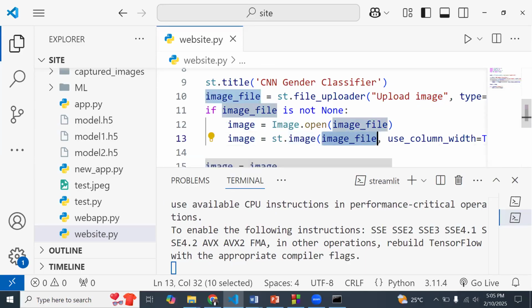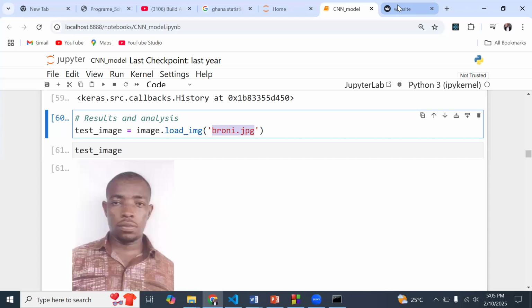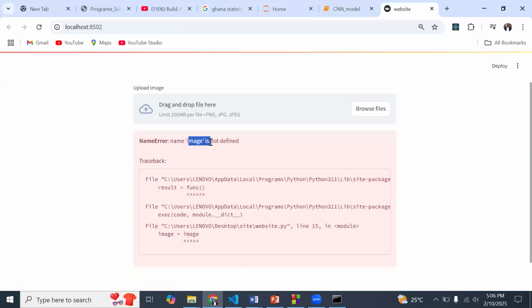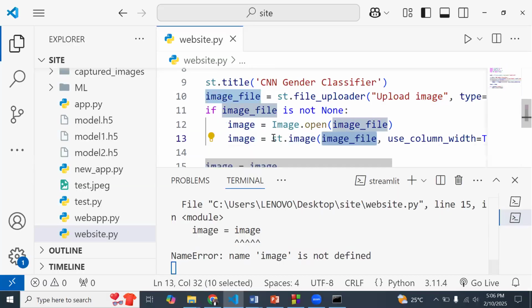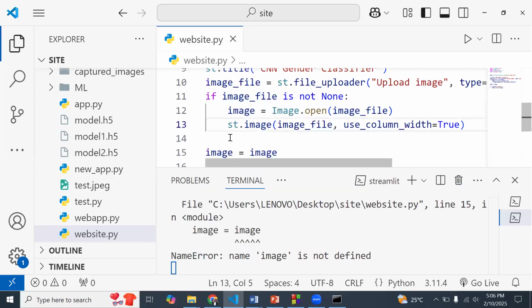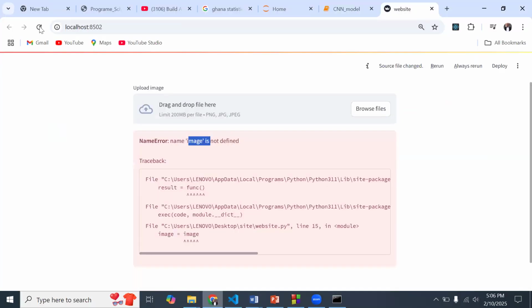So now let me save this, and let's preview our website to test what we have done so far. It says image is not defined. Okay, image is equal to image. So let me clear this and save it, and now let's do a refresh.